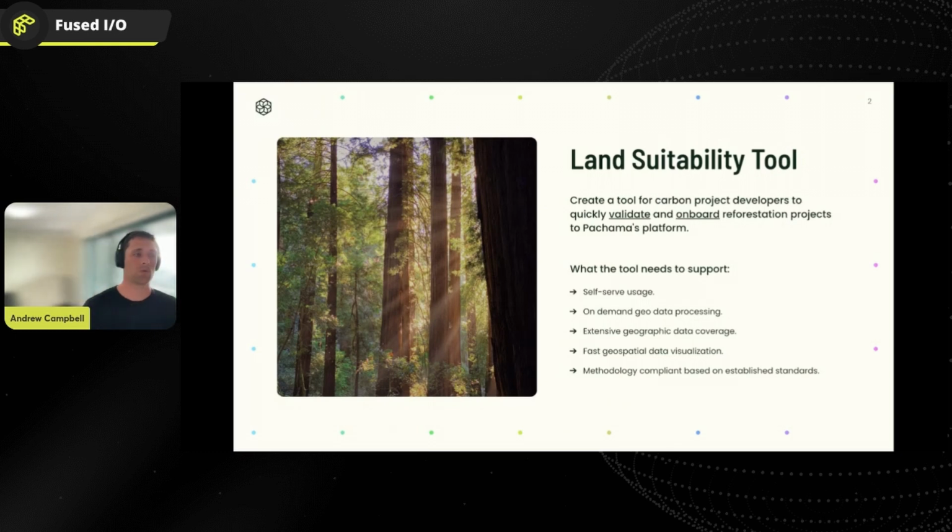So I will quickly talk about the motivation behind the land suitability tool. Basically, we wanted to build a tool that would help unlock the supply of high quality forestry carbon projects. We deemed there wasn't enough high quality projects to meet the demand of companies looking to invest in carbon offsets. Essentially, we wanted to create a tool that would allow carbon project developers to quickly validate and onboard reforestation projects